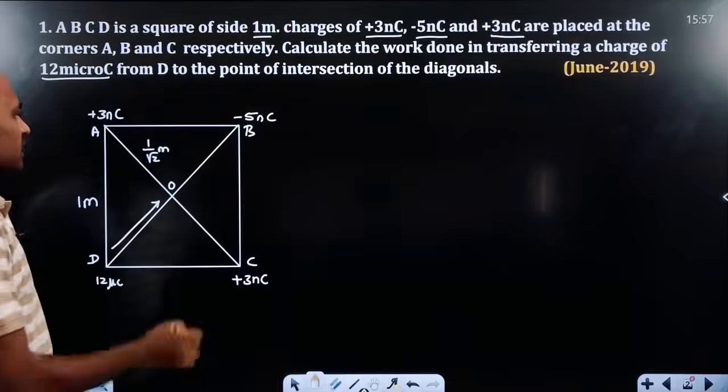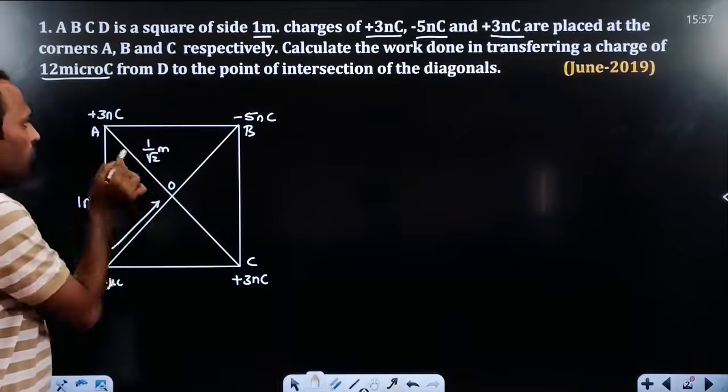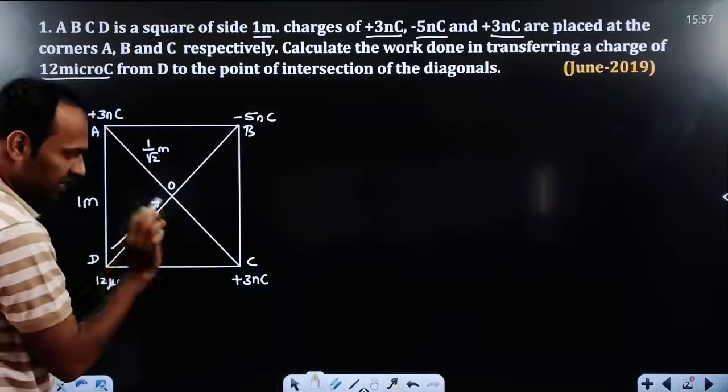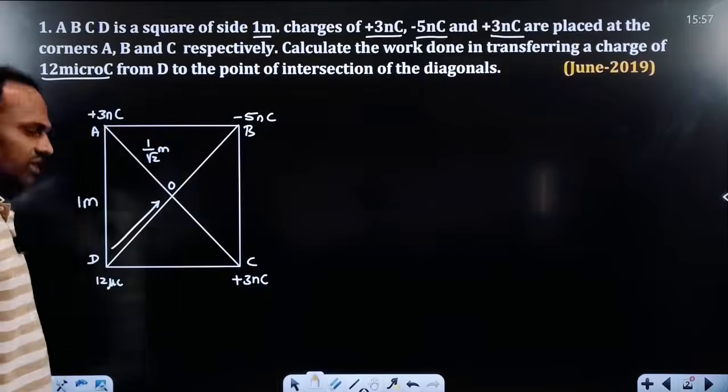Okay. So that's why I have written the distance here. From O to A, it will be 1 by root 2. From O to B, it will be 1 by root 2. From O to C, it will be 1 by root 2 because the side of the square is 1 meter,